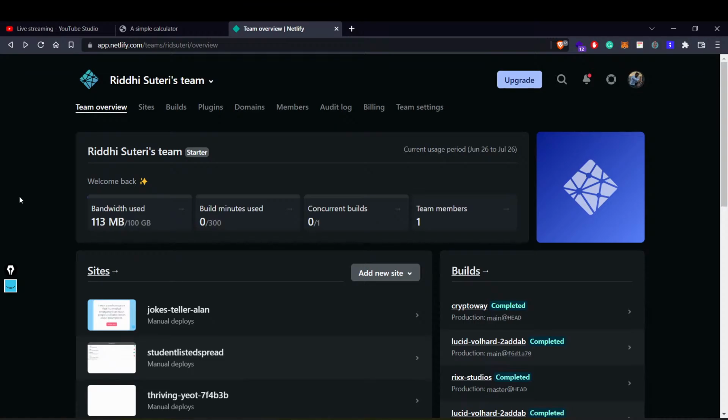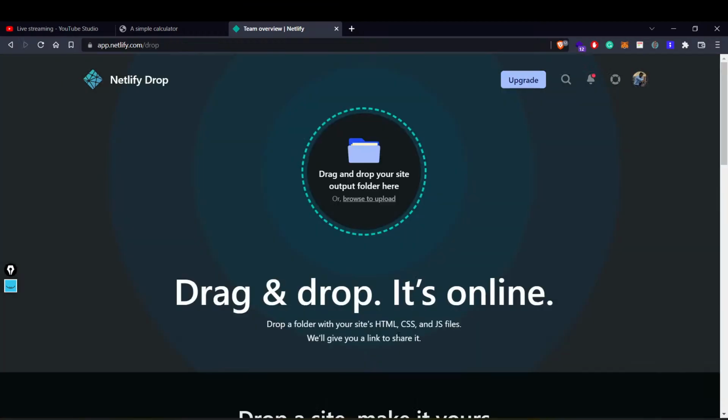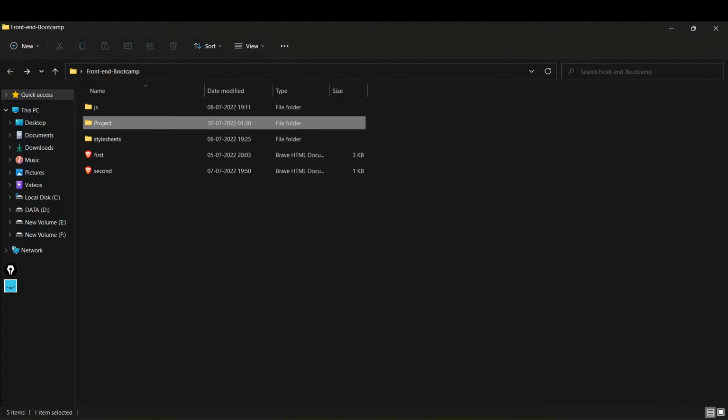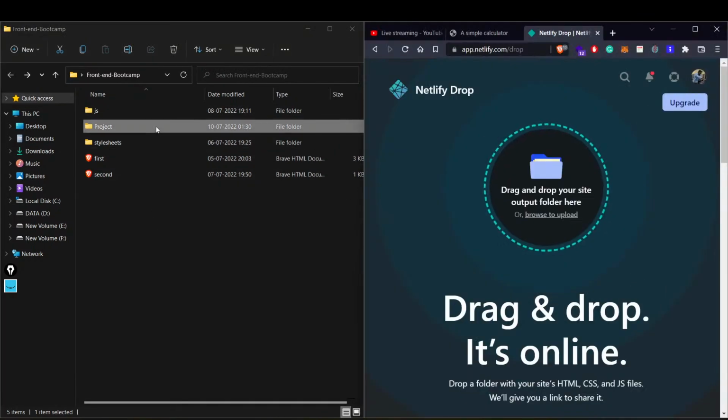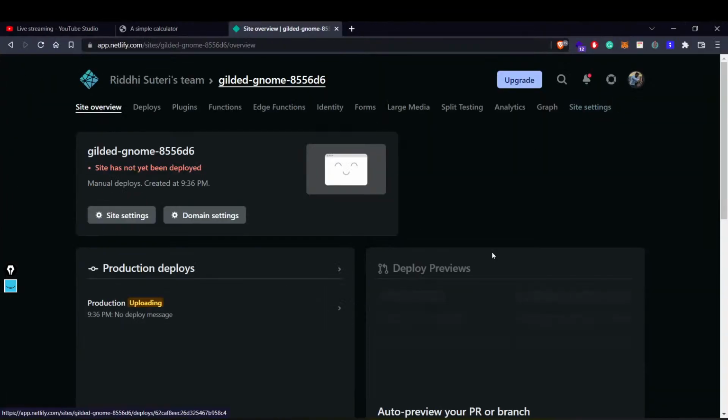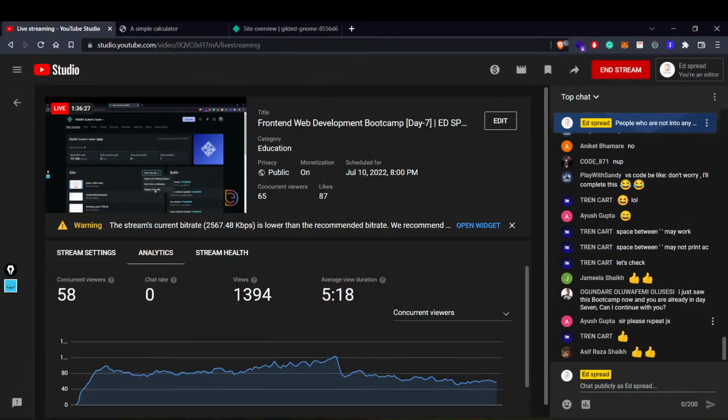I'm not going into very much detail, because you can just figure it out by going into that platform. In the dashboard area, you'll find this add new site button over here. Click on that, click on deploy manually, and we will go to our folder, right? This is our folder. I'll drop this folder over here, and we will wait for the magic to happen. It will take some time to host this properly. The site has not been deployed yet because it is uploading, right?